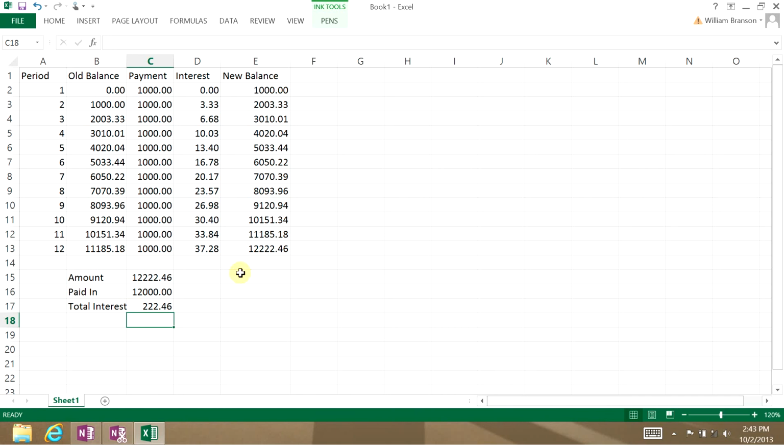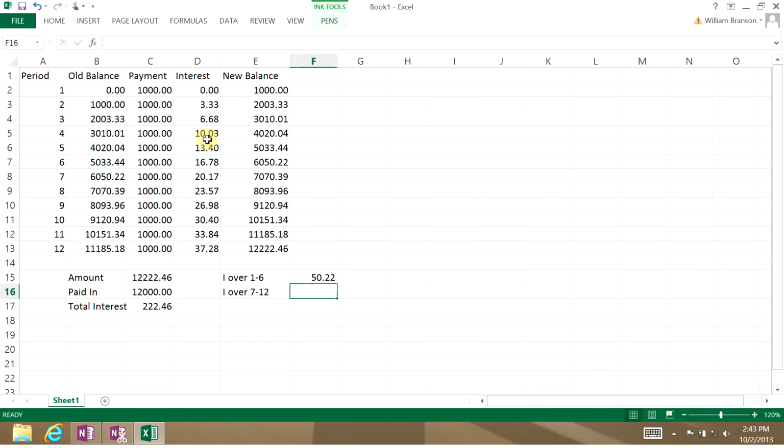Awesome. So what's the interest over the first 6 months? So periods 1 through 6. Well, that is equal to the sum of those numbers, right? You just add them up. And the command in Microsoft Excel is sum, add things up from D2 to D7. So $50.22. What's the interest over months